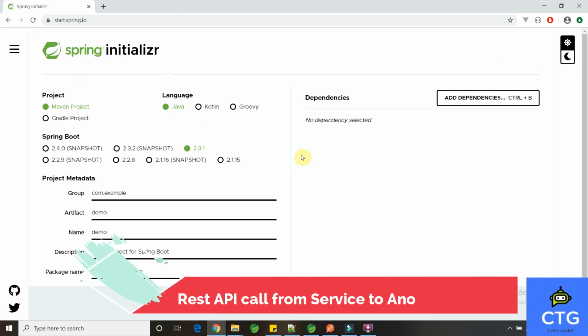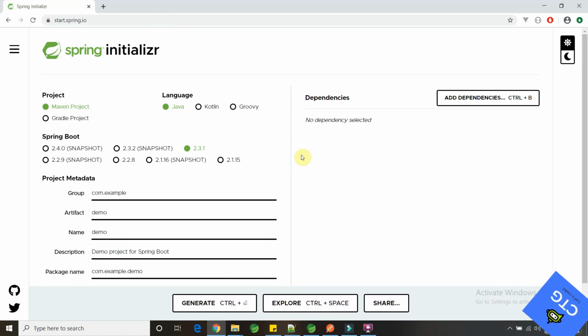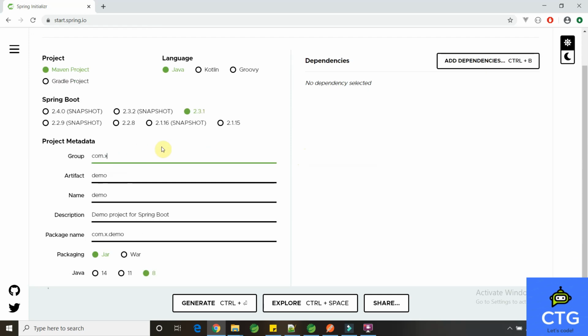By using a RESTful application, we can communicate with two different microservices. For that, we are going to use REST template, a framework provided by Spring. We are going to create one REST application and use it to communicate with another RESTful application. We will see this in this video.